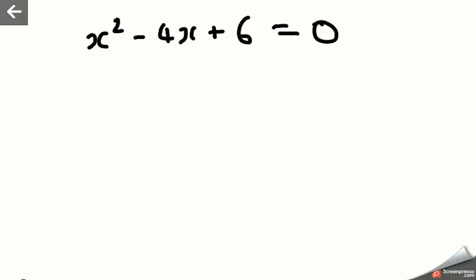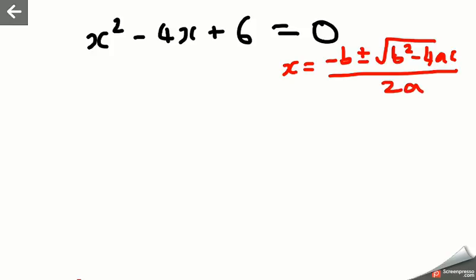Equals 0. What happens when we try and put that into the quadratic formula? x equals negative b plus or minus the square root of b squared minus 4ac, divided by 2a. Our a in this case is 1, our b is negative 4, and our c is positive 6. Negative b is therefore negative negative 4, which is just 4, plus or